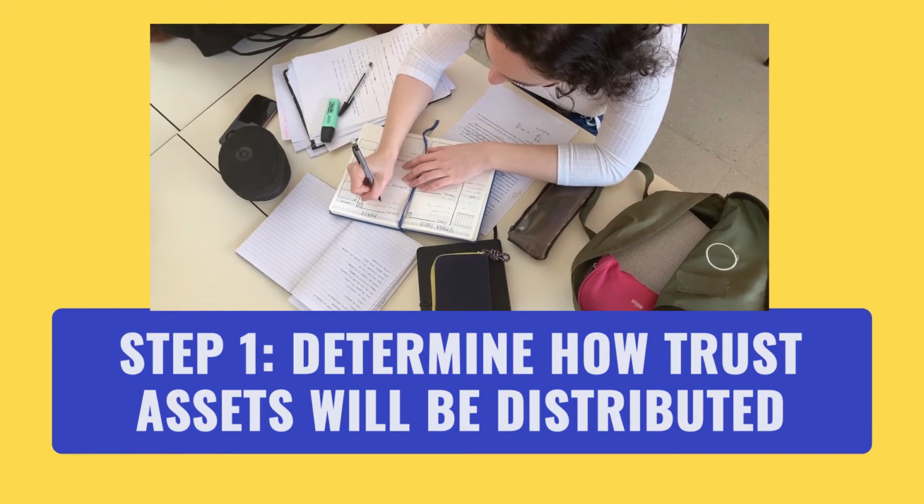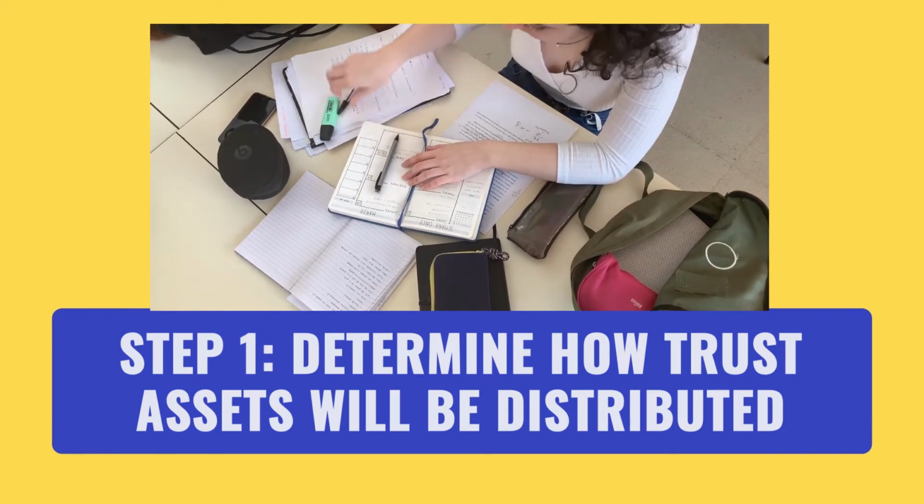So what comes next? Before distributing assets, you'll want to do the following 3 tasks. First, determine how the trust assets will be distributed. Most trusts specify a simple outright distribution to beneficiaries, without any restrictions. If the trust specifies a staggered or discretionary distribution scheme, consult with your trust attorney for guidance on handling those trigger term scenarios. For the sake of this video, we'll be focusing on a simple outright distribution scheme.